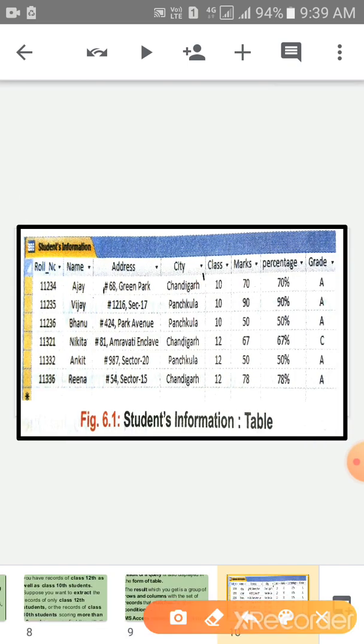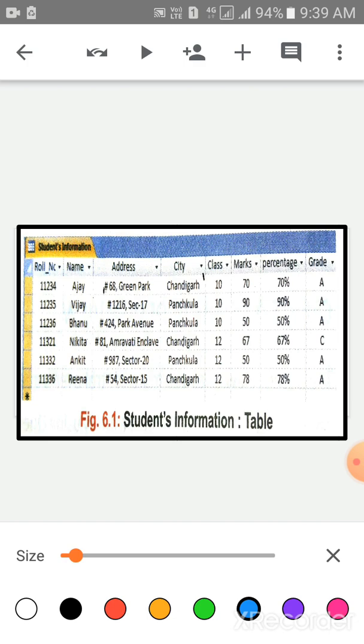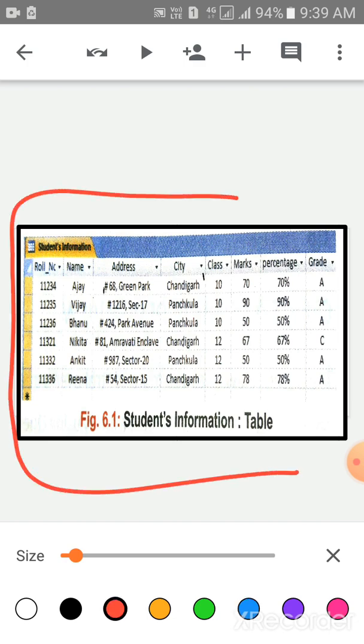Now children, you can see the screen. This is the screen of the student information table. Children, this is the table of student information. These are the field names: roll number, name, address, city, class, marks, percentage and grade.